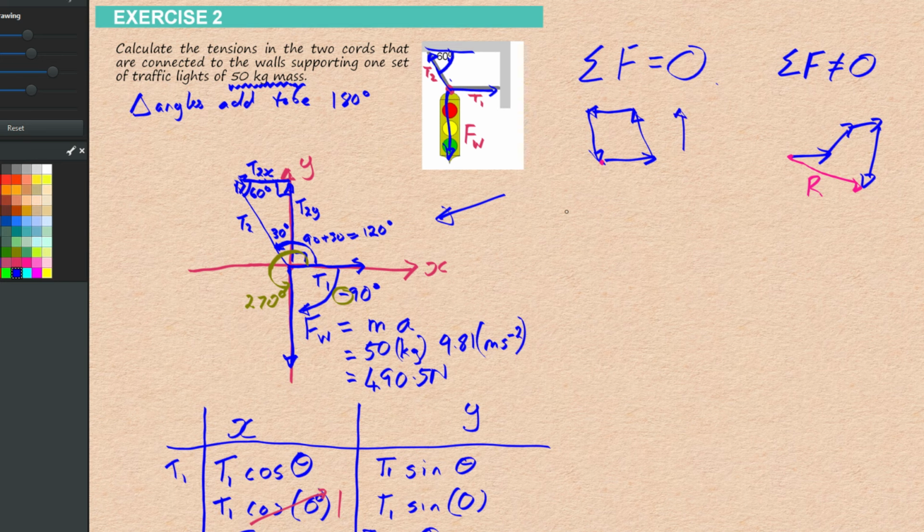We're going to say that the forces here are in equilibrium. So the sum of the forces is equal to 0. Okay. If we say that, we know that the tension in T1 and T2 must be sized so that it forms a closed shape. So what we can do here, I'll start with